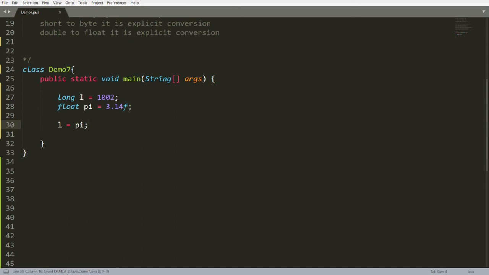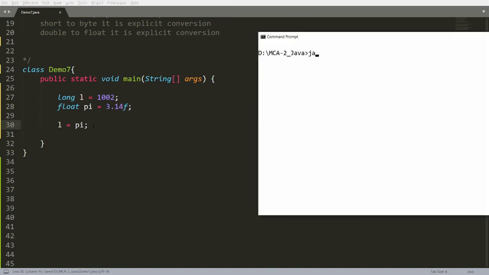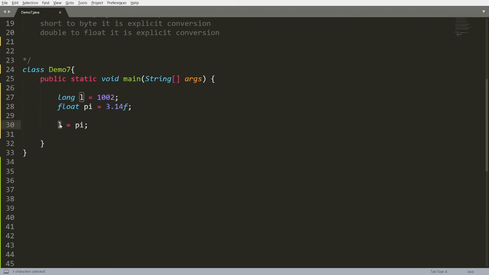Because whenever I write like this, the floating point part, that is 0.14, will be truncated, and whenever it is truncated, the compiler will not allow me to compile this program without explicit type conversion. So whenever I compile this, it will give me an error, incompatible data type. Why? Because the destination data type is long and the passed data type is float. So I need to convert into the required data type.